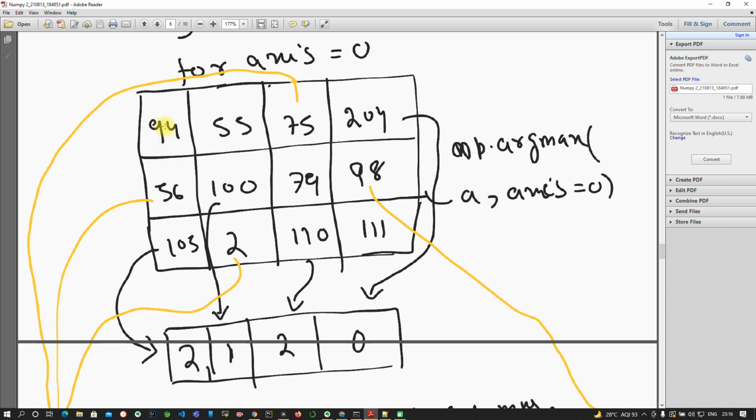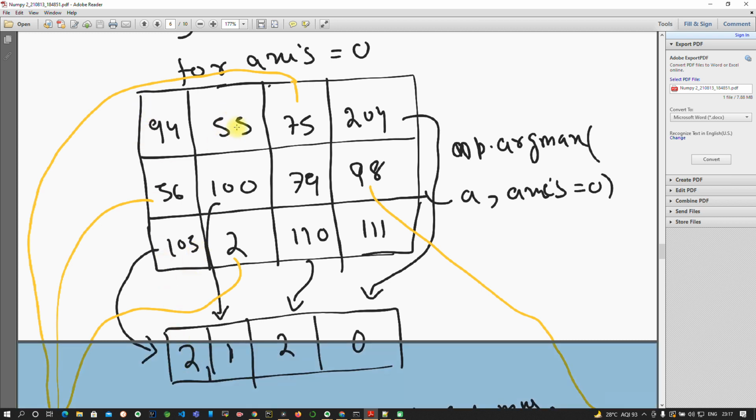The indices always start from 0, so 0, 1, 2. I will tell you why you get four results: since you have mentioned axis 0 and there are 4 columns, the resultant will have four different values. So with axis 0, here 103 is the max and the index is 2. You can see the 2 here.